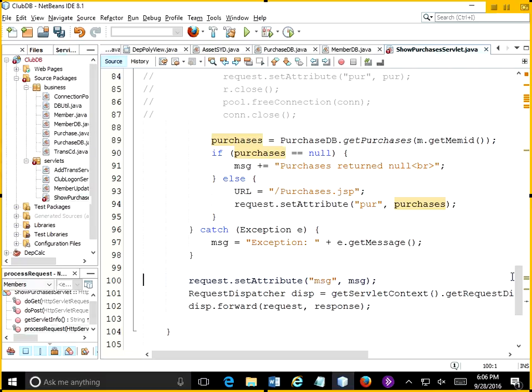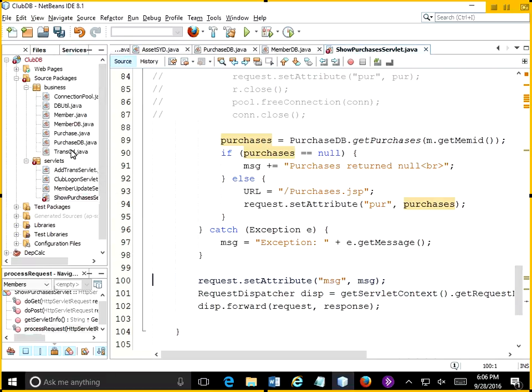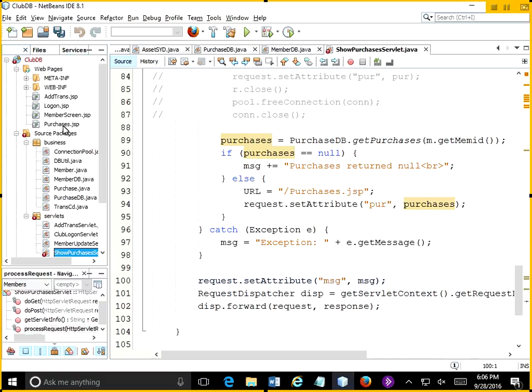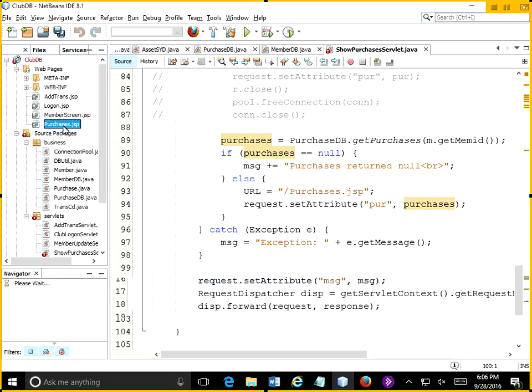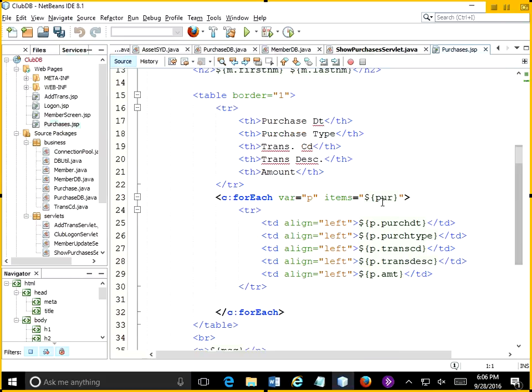And the thing is, if our purchase object is still correctly formulated, then the JSP should work without much interference. So let's take a look at our web pages and just double check our purchases JSP. It's going to go through every purchase, put it in an object P, and try to get the date, the type, the transcode, description, and amount. And if we go over to our purchase JSP,